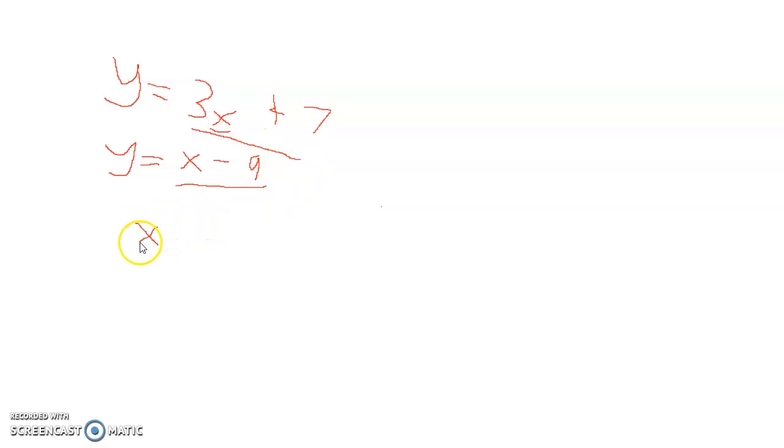So we're going to substitute x minus 9 in for this y right here. We're going to see that x minus 9 must equal 3x plus 7. So now that we have x minus 9 equals 3x plus 7,